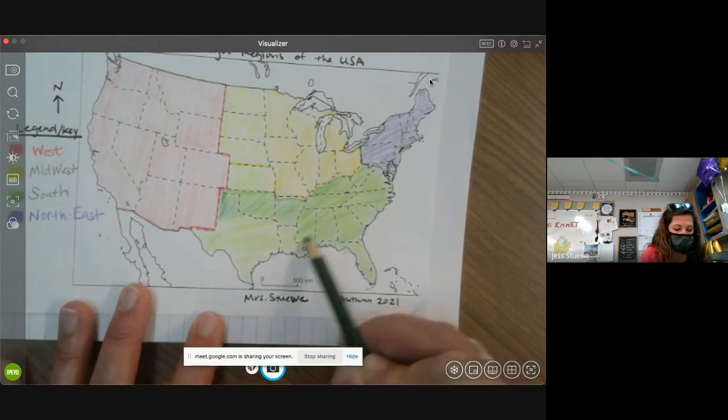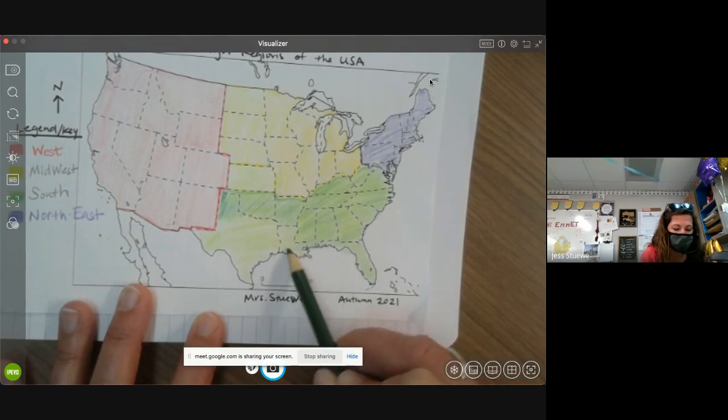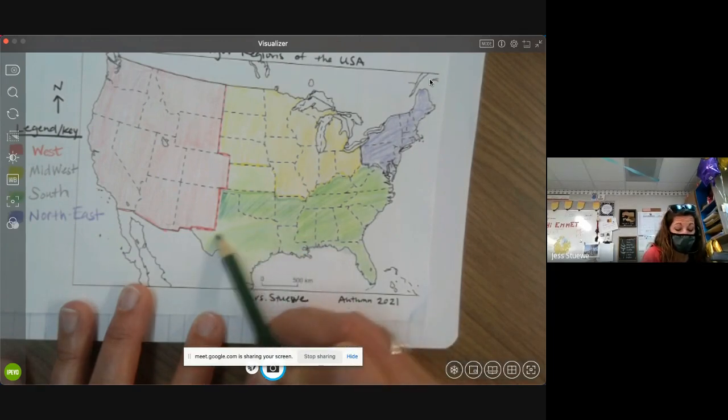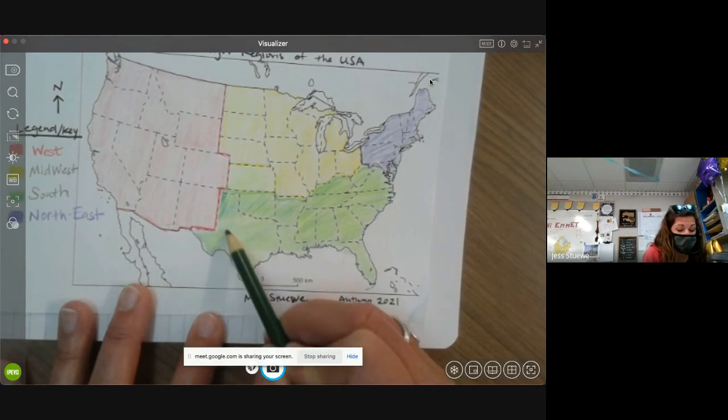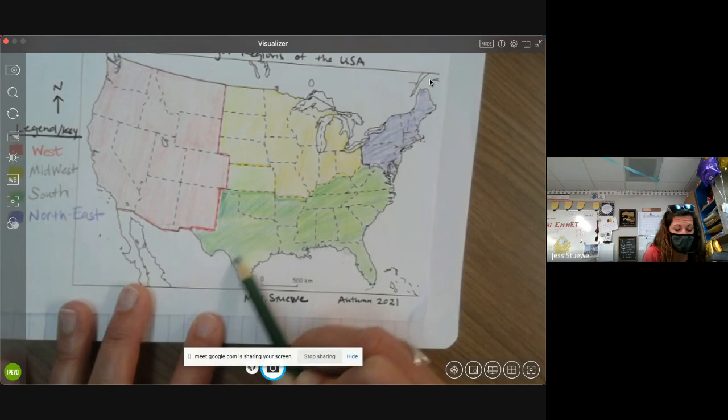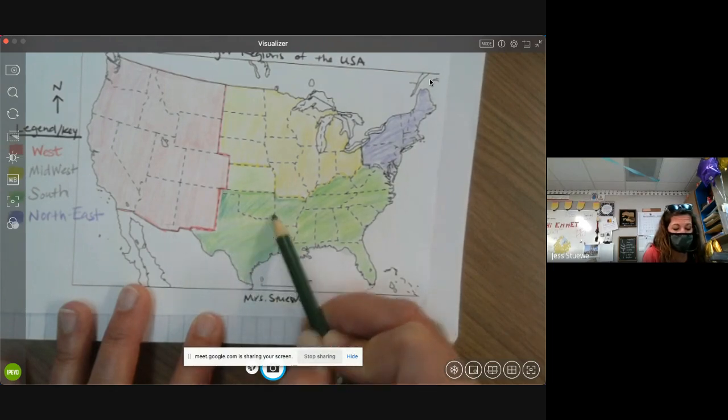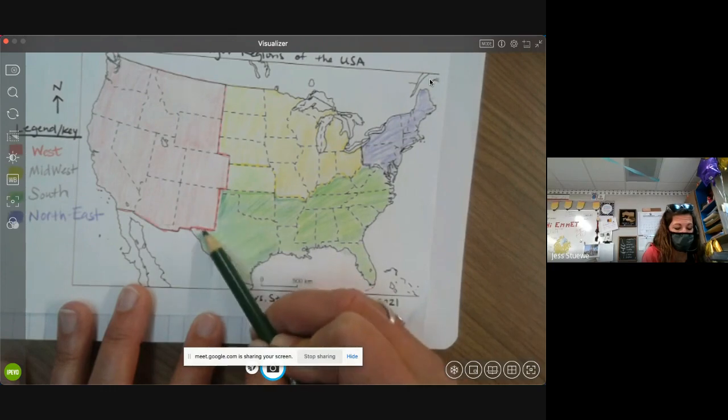Long, long, long time ago, all of these state boundaries did not exist. But the physical features from the last map, did those exist? Yes. Those mountains, the rivers, they have been there for a long, long time. Before there were states, the rivers and the mountains existed.